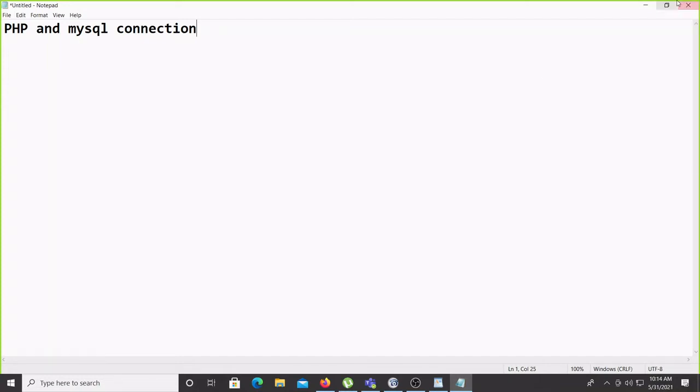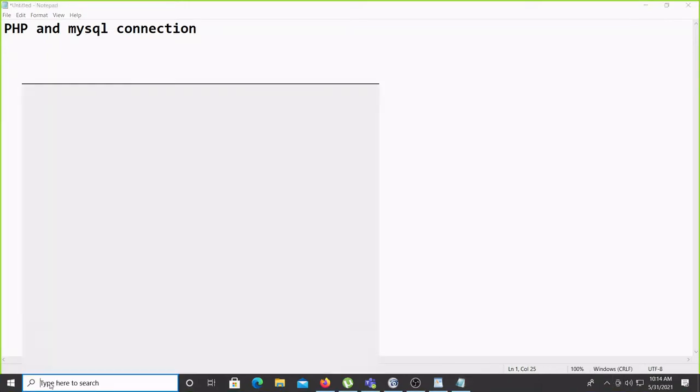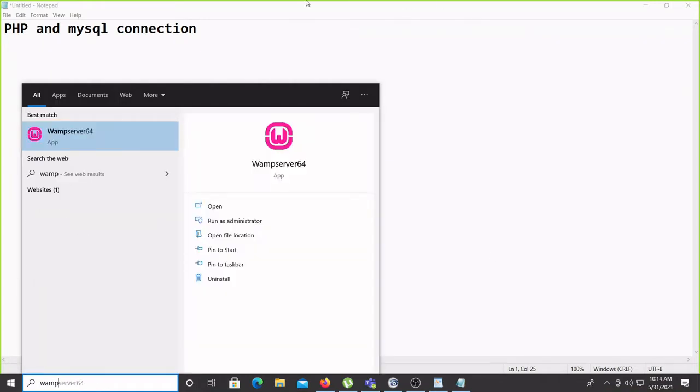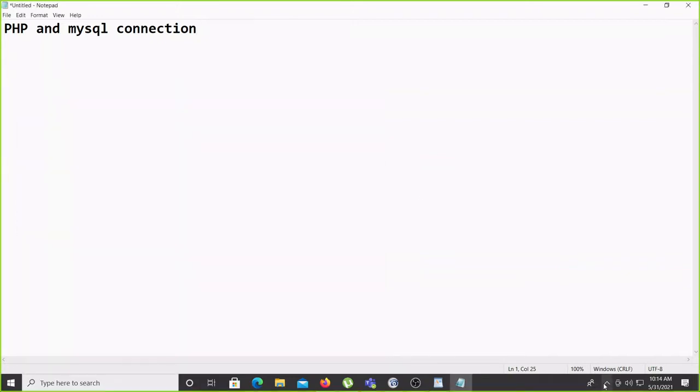So for that purpose, first I have to create one table. For creating the table, first we have to start the WAMP server. In my system, WAMP server is already running. If in your system it is not running after the installation, then click here, then you will see WAMP server. Just click this one, then a message will come, click yes, then wait for a few minutes, otherwise a few seconds, depending upon your hardware configuration. Then we'll get this green W symbol here in the taskbar. It indicates your phpMyAdmin is working, my WAMP server is working.